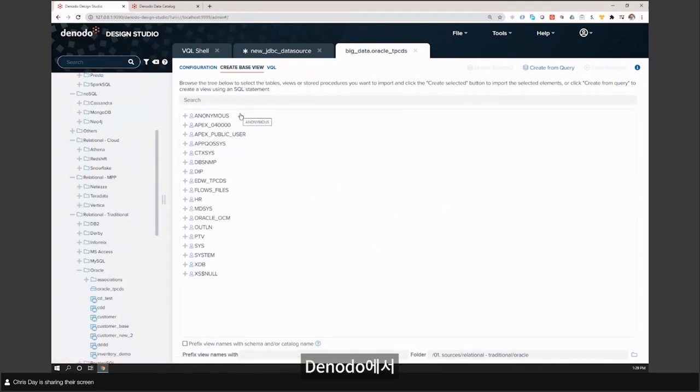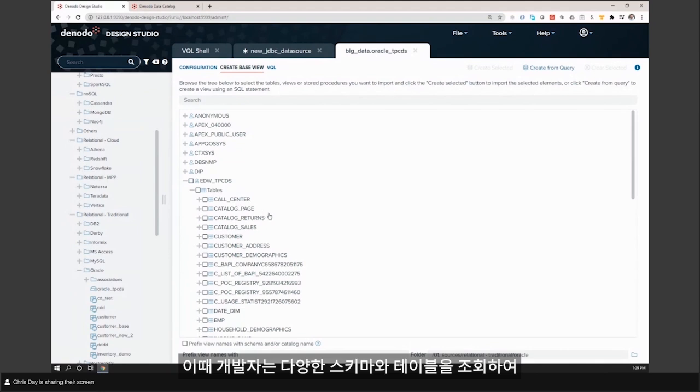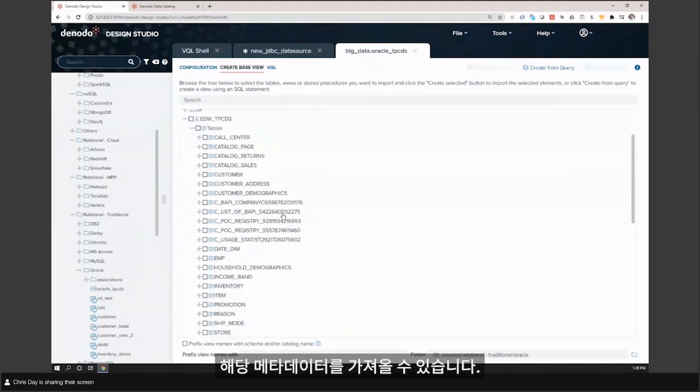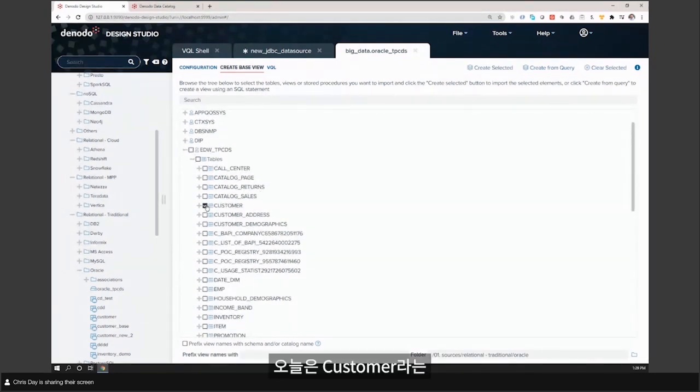And what's happening now is Denodo is actually talking to my Oracle database and getting the metadata back for me to interpret, allowing the developer to drill through to the different schemas and tables to import that metadata. We can choose multiple schemas, multiple tables, but for today, I'm just going to choose the one table called customer. Hit Create Selected, and so what will happen is Denodo will